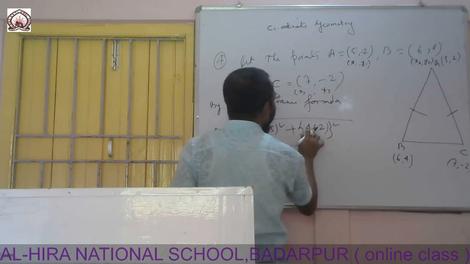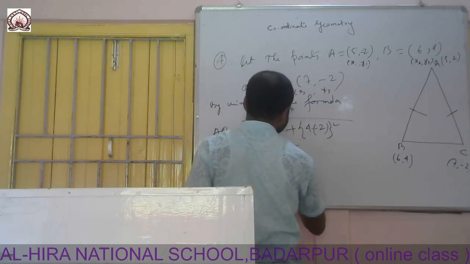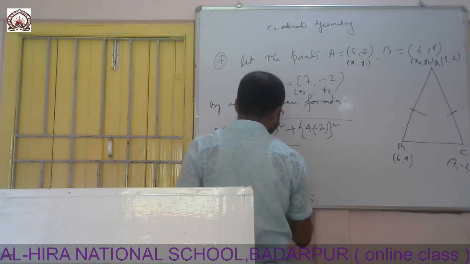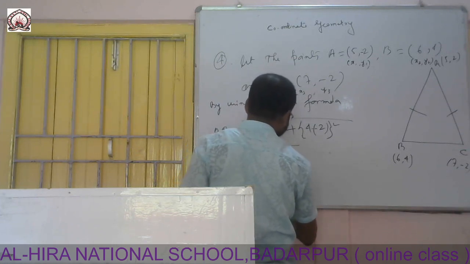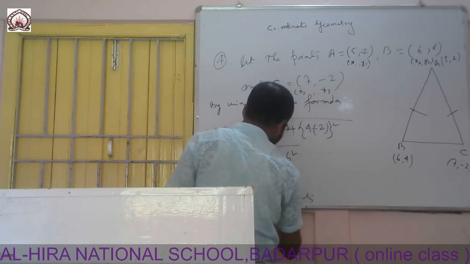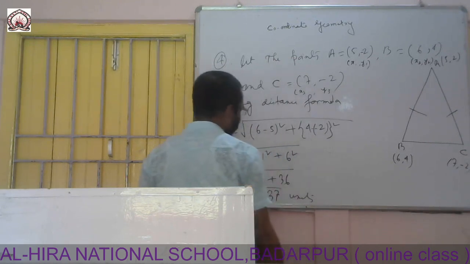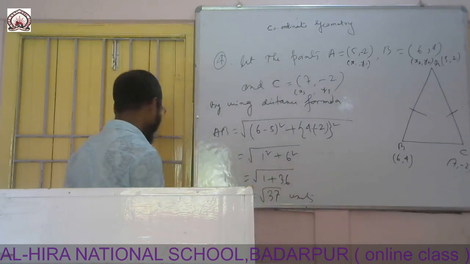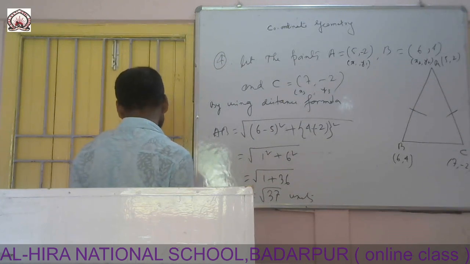So, this is 4 minus 2 whole square is 6 square. Then 1 square plus 6 square is 36, then this will be 37. So, square root of 37. AB we are getting square root of 37. And then